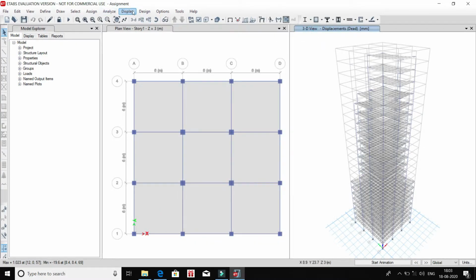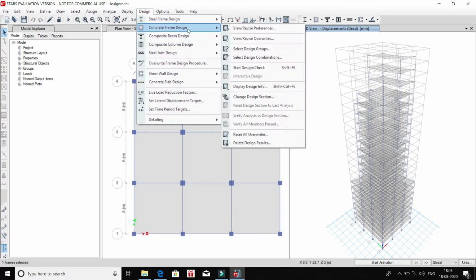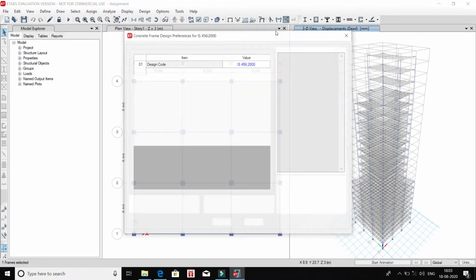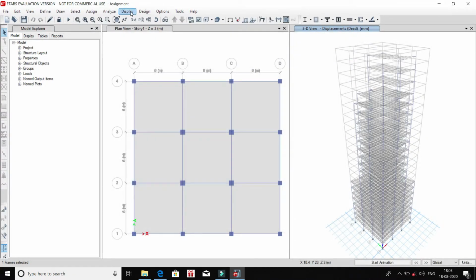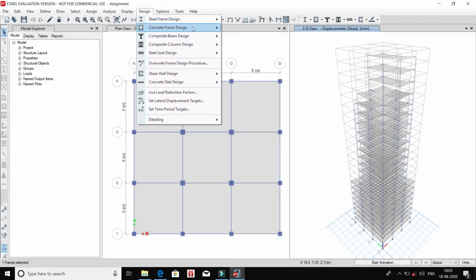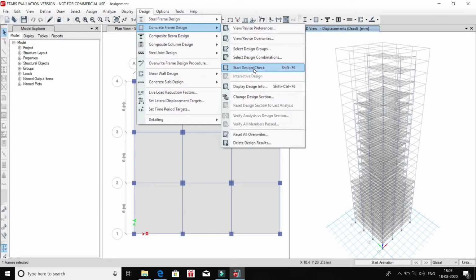Now go to design, click on concrete frame design, click on view/revise preferences. As you can see, the design code is IS 456-2000. Then click on OK. Now again go to design, then click on concrete frame design and then click on start design/check.